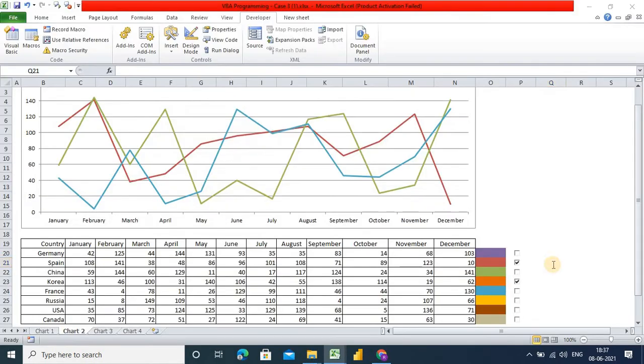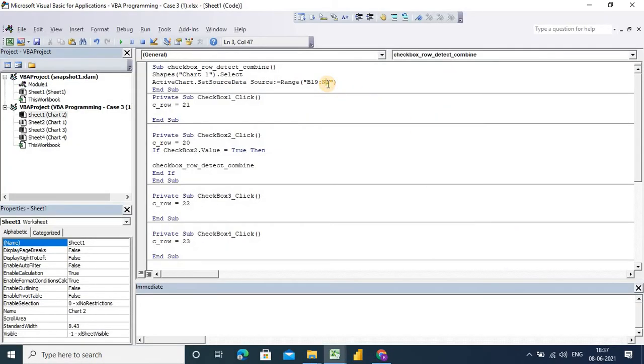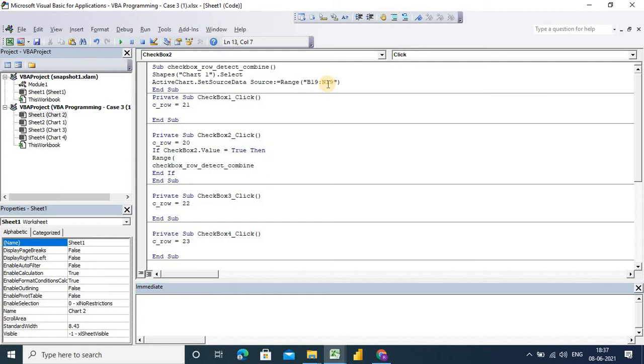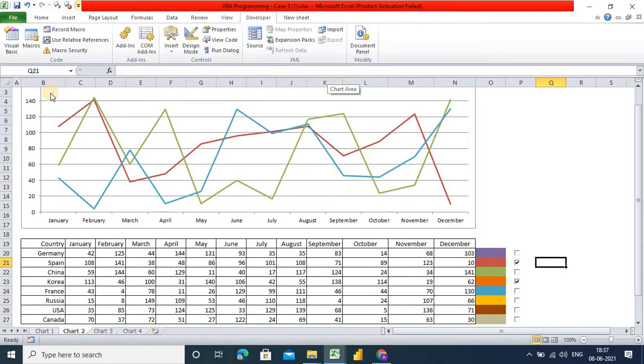First of all, I am writing just the data. I have not written 19 here, so I will write Range. Now I want to update in the Q column, right? So I will write Q column, and what is the Q column name? Q21.